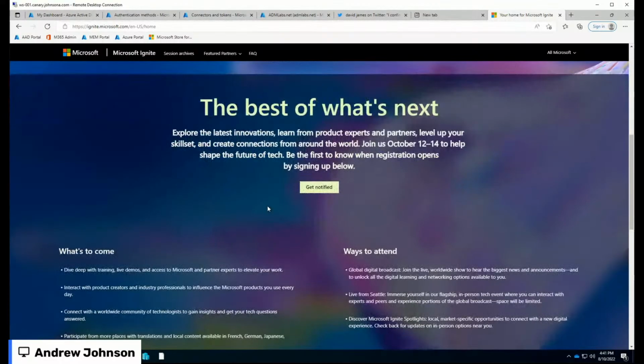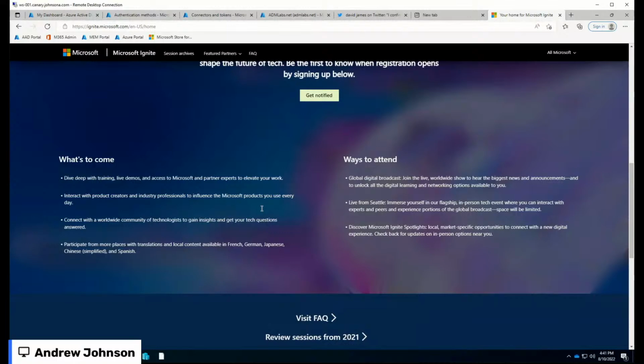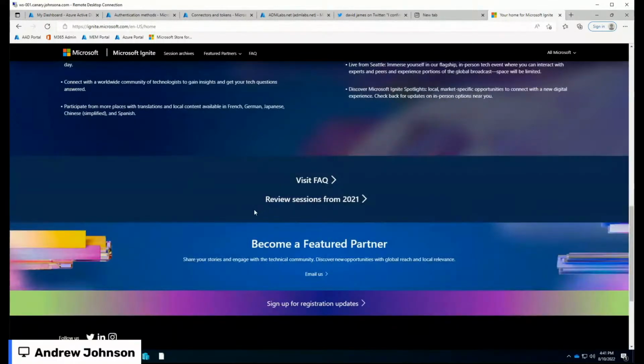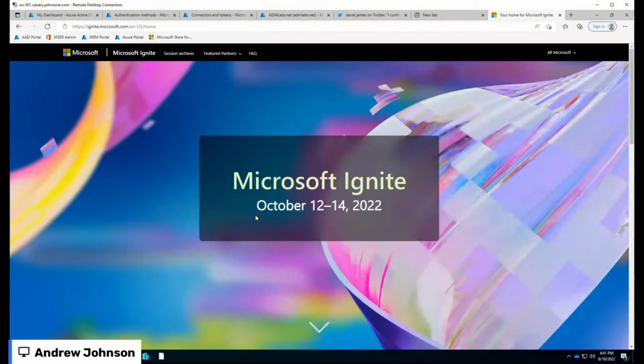Yeah. I think I know what happened with Ignite. It went directly to my Ignite registration page. Yeah, now it showed up nicely on my machine as well. All right. Internet. Interesting stuff. Yeah. Someday we'll master it.